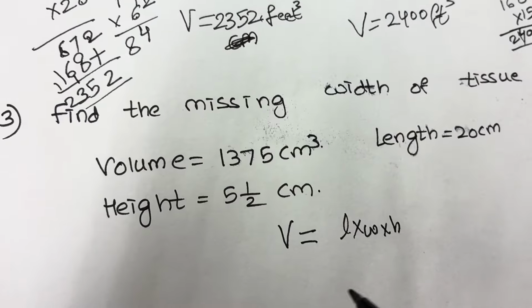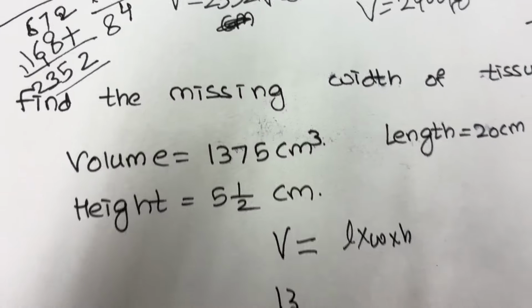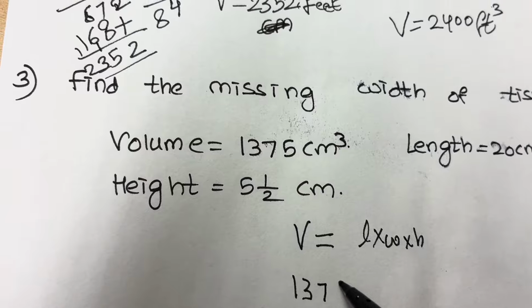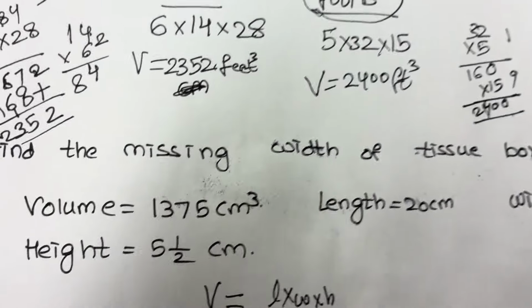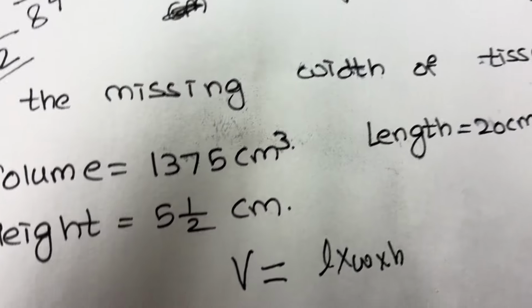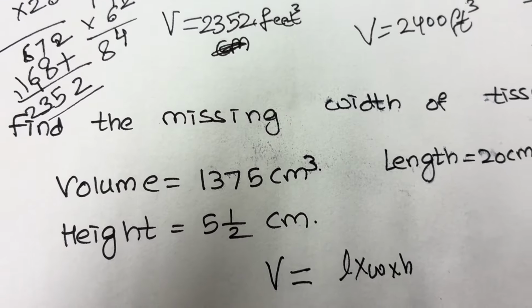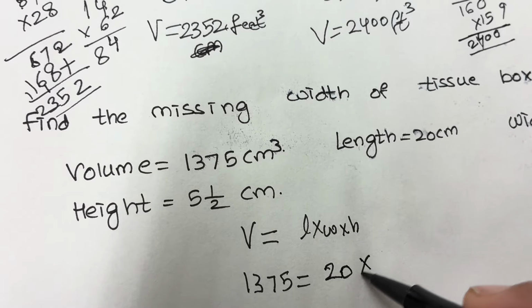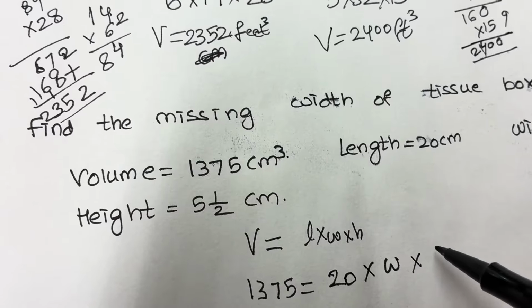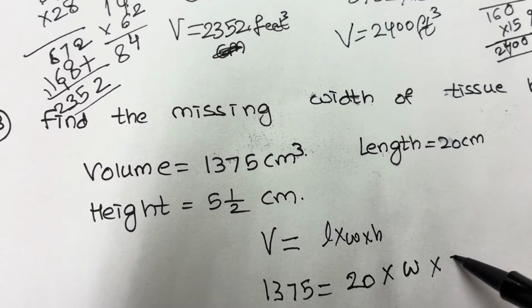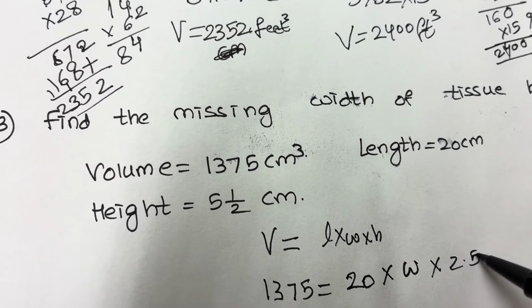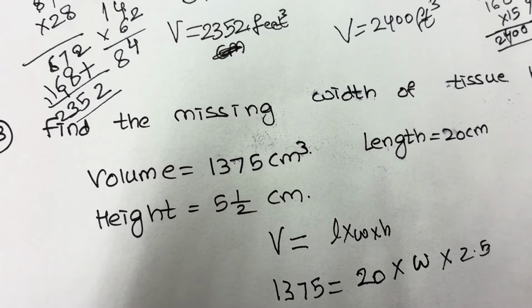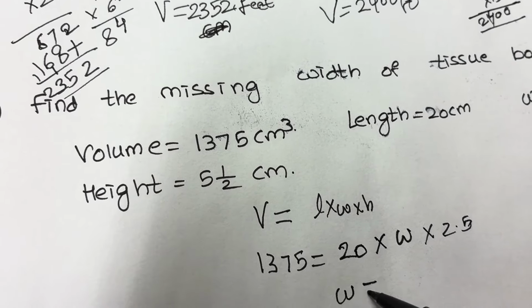So for the volume, 1375 is equal to length, which is 20, times width, times the height, 2.5. So let's write down that 2.5. And from this equation, we are finding the width as